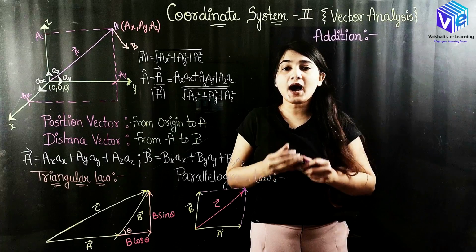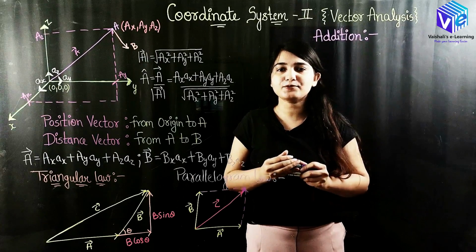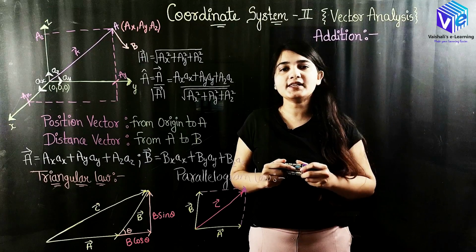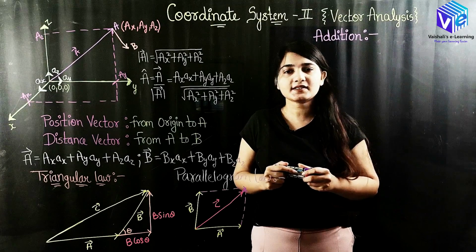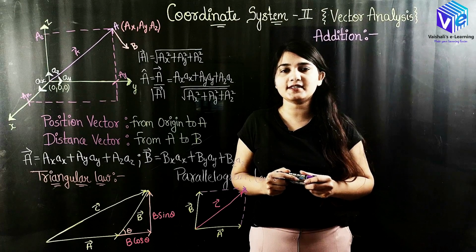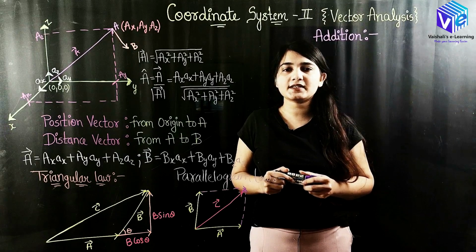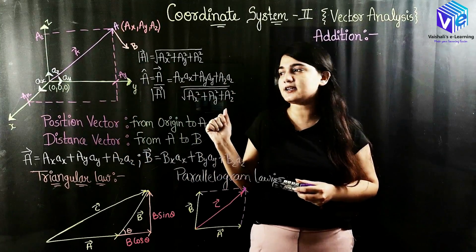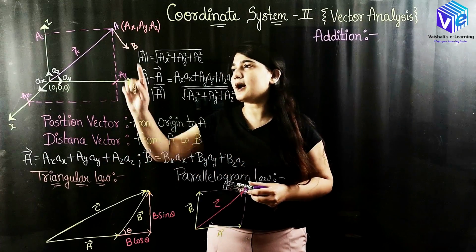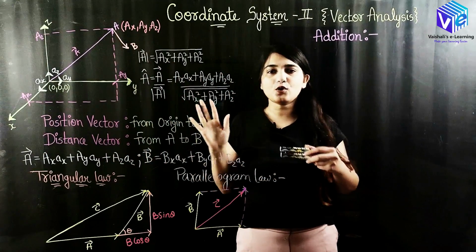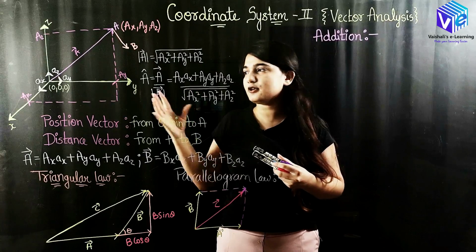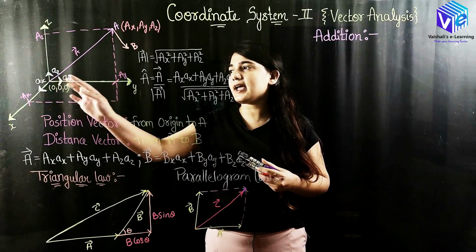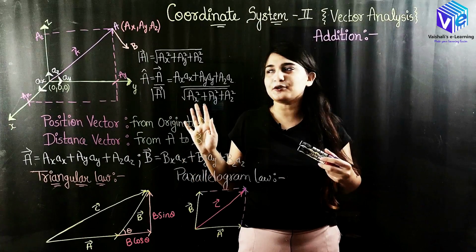First of all, I have already told you about the different types of coordinate systems, where I said there are two types: first is orthogonal, second is non-orthogonal. We were discussing the orthogonal type, and in that we were discussing the Cartesian coordinate system. This figure represents our Cartesian coordinate system. Here we have x, y and z axes. All of these axes are perpendicular to each other, and we have unit vectors along these axes, which are ax, ay and az.